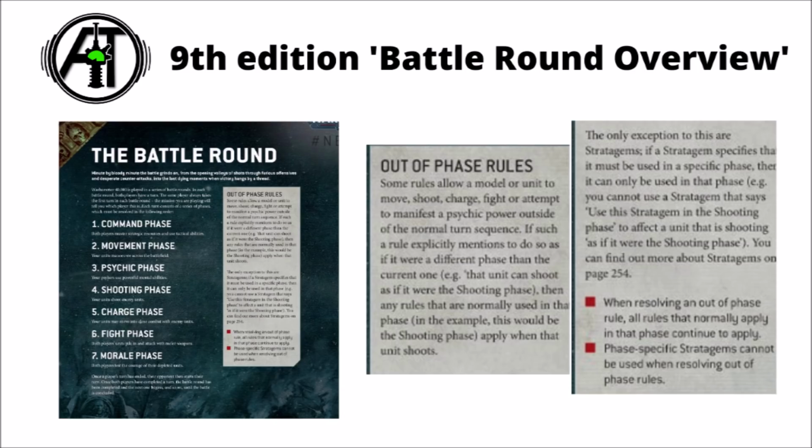We still move, psychic, shoot, charge, fight, and then suffer morale casualties, so no sweeping changes to the way that the game is played. It's still very much I go, you go. We're not jumping to alternate activations or anything. But I found the most interesting addition the addition of this new command phase, which we'll come on to in a second. Before that though, I thought it was really quite good that they managed to clarify out of phase